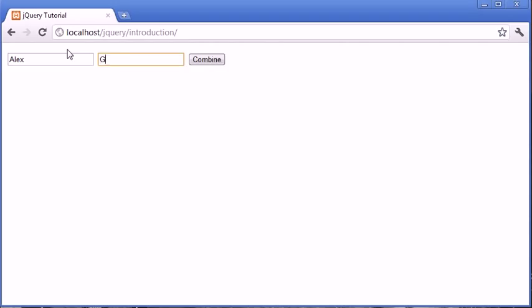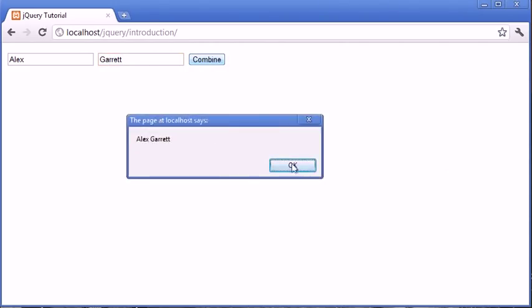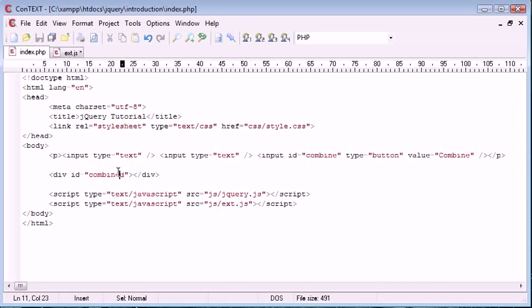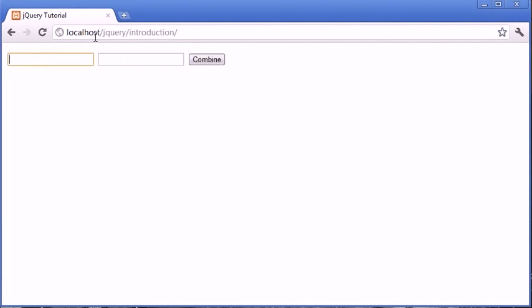If I was to type Alex and Garrett and click combine, you see the result is Alex Garrett. So now what we want to do is actually place this inside of the combined div. Remember, we created this div down here where we can display our result. And in here I use a selector combined because we're selecting by ID, and then I just simply say text combined text. And now when I refresh and enter some more data and click combine, you see this text appears